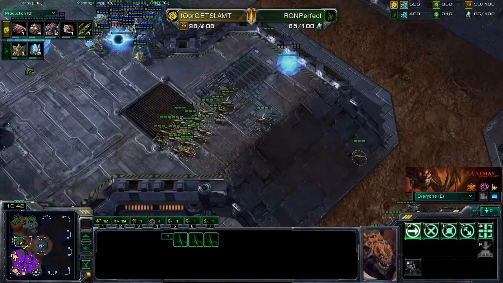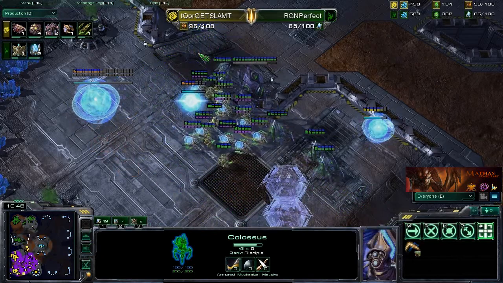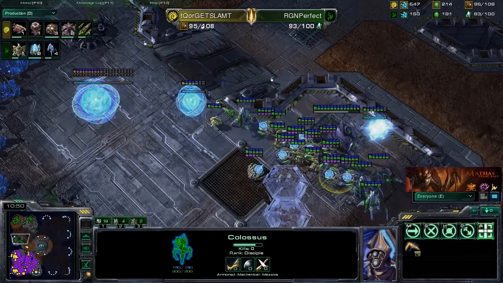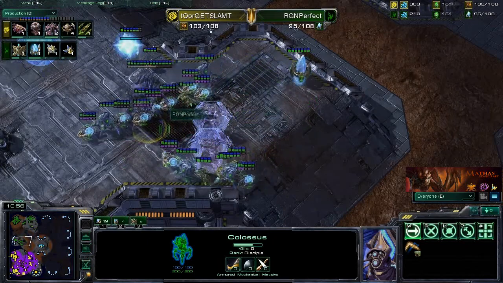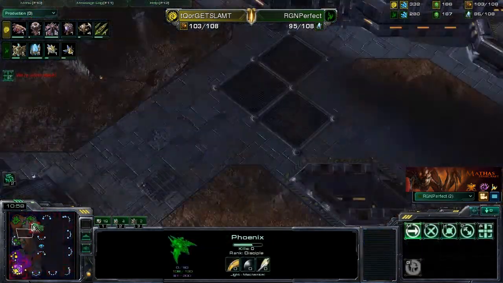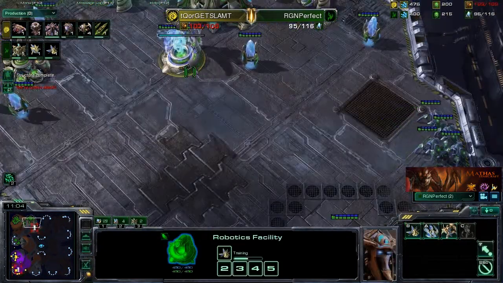So he's going to move up here. He's going to see that there is a 3rd going down. Oh, look at that! A hallucinated Colossus. I like that. And this is not out of the ordinary to see. You would think that if he didn't do any scouting, which it looks like he may not have much scouting information, well, he's going to see that there's a Robo Bay, but he does not see...